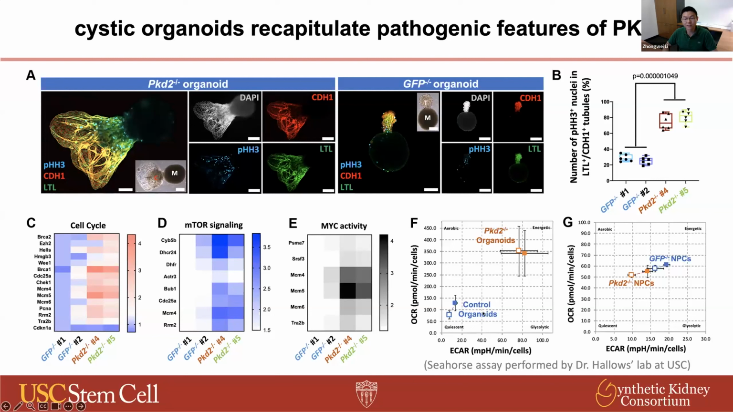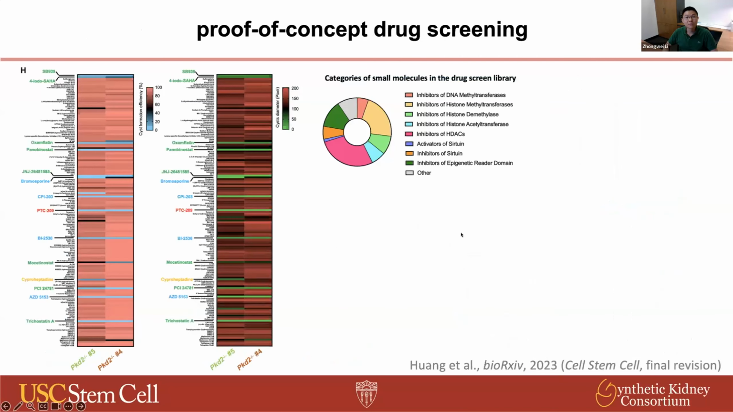As you can see here, compared to the control organoids, PKD2 knockout cystic organoids appear to be using much higher OCR and ECAR to use the maximal energy consumption to support their rapid proliferation. As a control, without differentiation, PKD2 knockout at the MPC stage does not show such a big difference in metabolism. So we also carried out a proof-of-concept drug screening using our scalable PKD modeling system,